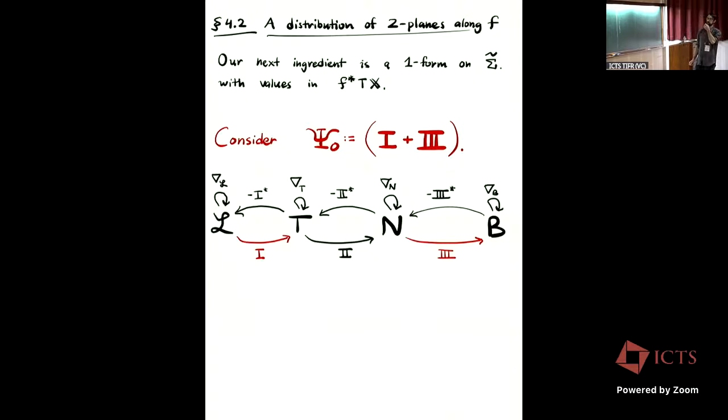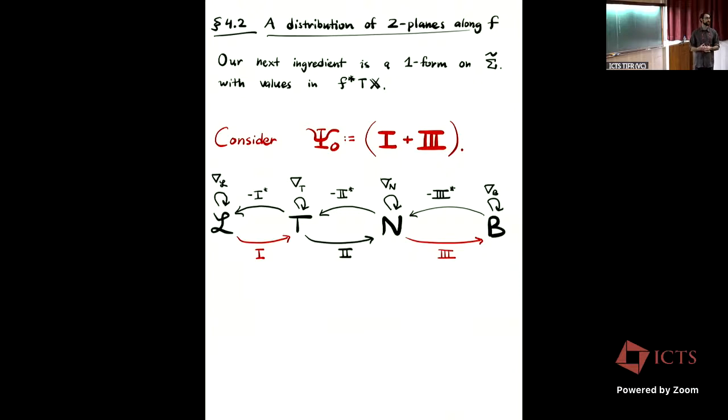So recall that we had this trivial R^{3,4} bundle over our domain surface. And we decomposed the trivial connection, D, with respect to the Frenet framing. Previously I wrote it as a matrix, but now I'm writing it as a diagram. It's a kind of suggestive Higgs-bundle-y diagram. So what you see is nabla preserves the Frenet framing. And the first, second, and third fundamental forms and their adjoints move you between the elements of the Frenet